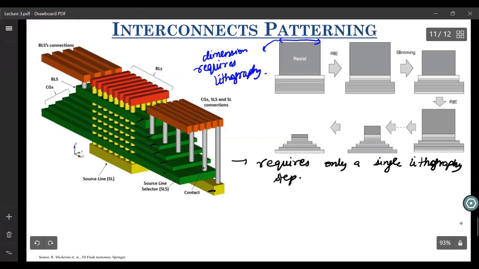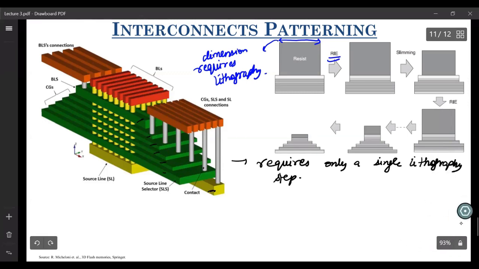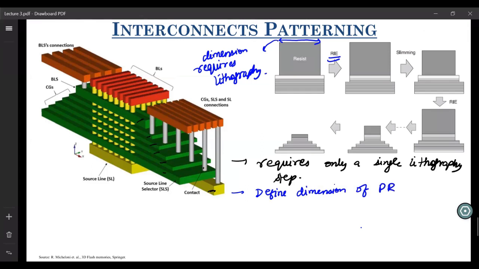Once you define this dimension, then you perform this deep reactive ion etching. So let me write about it. Just to define the dimension of this photoresist, you require lithography.